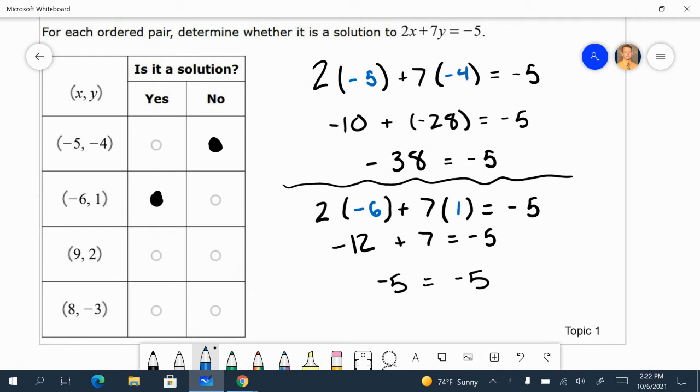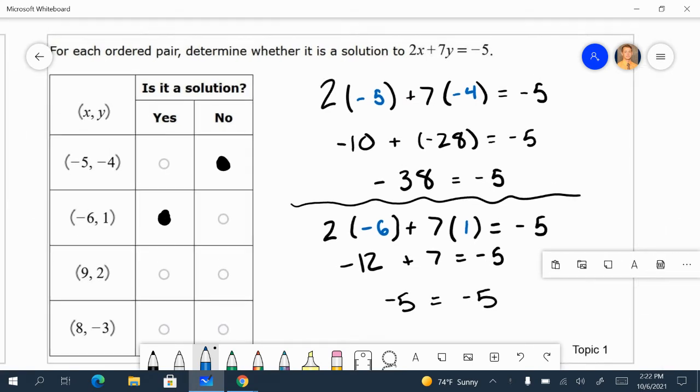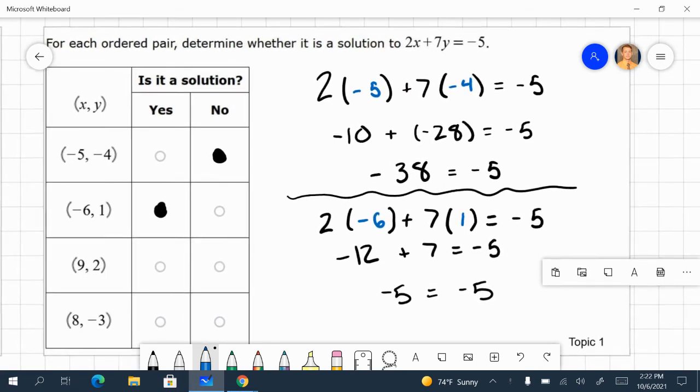So, for each ordered pair, determine whether it is a solution to 2x plus 7y equals negative 5. Now, if you're not sure, I've got the topics written on the bottom of each slide. So if you're going to fast forward, you can look for those as well. Otherwise, you can look through the scroll bar. But this is topic number 1. So to do this,